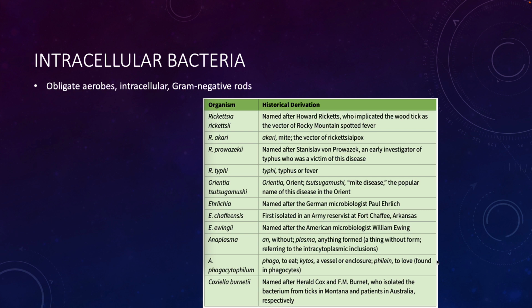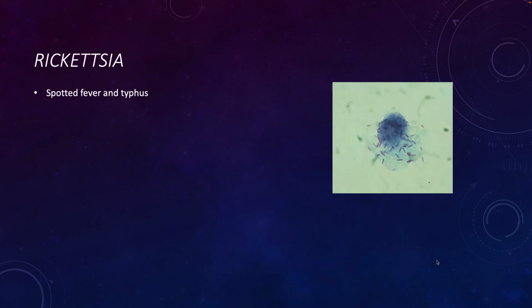But really in the US, if you're a human physician or involved in human medicine, most commonly you would see Rickettsia. Those of you, if any of you are interested in veterinary medicine, Rickettsia and Anaplasma are pretty common infections in especially dogs. So the genus Rickettsia is responsible for two kind of major forms of disease, spotted fever